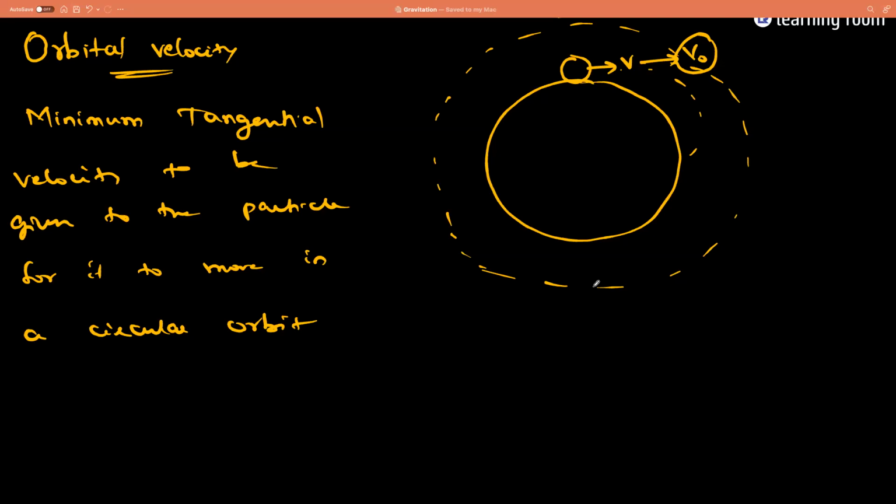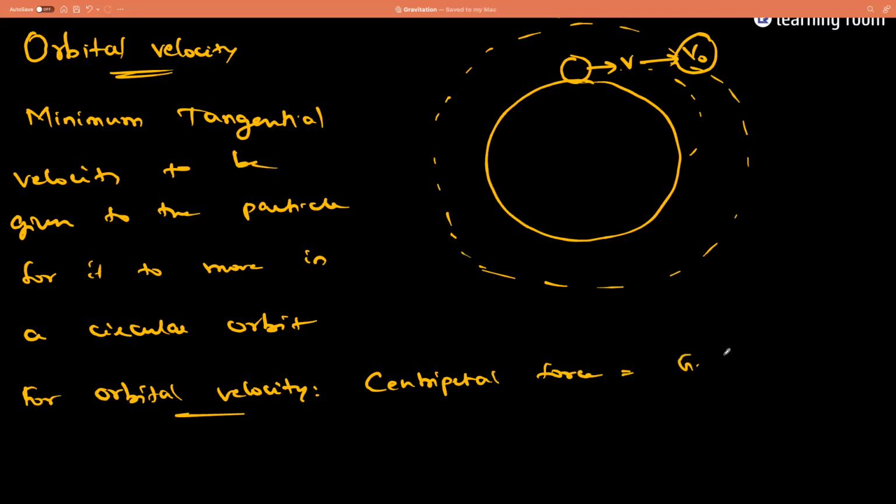Okay. Now for orbital velocity, what we can state is centripetal force should be equal to the gravitational force. So what is the centripetal force here? It is m v naught square divided by r, which should be equal to G capital M into small m divided by r square. So r and r will get cancelled, which implies